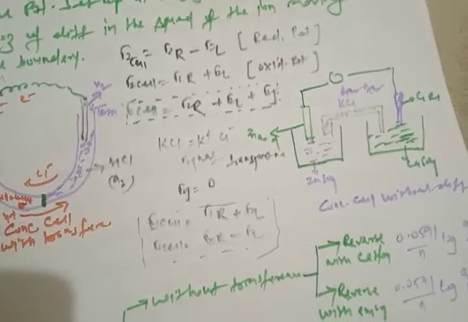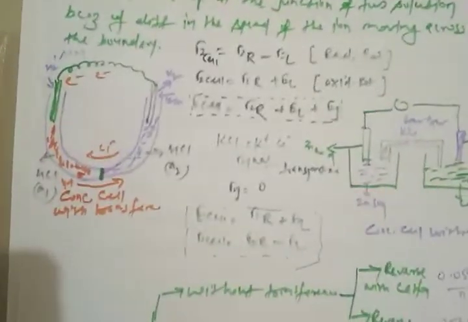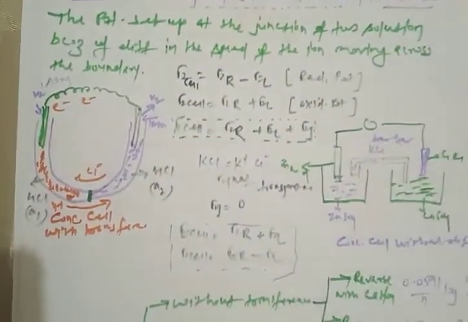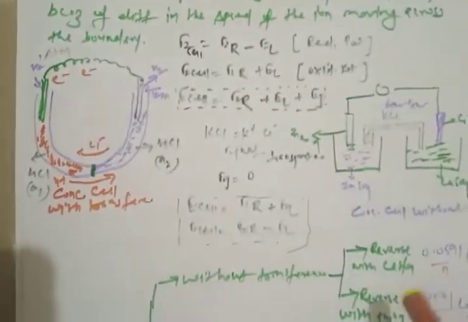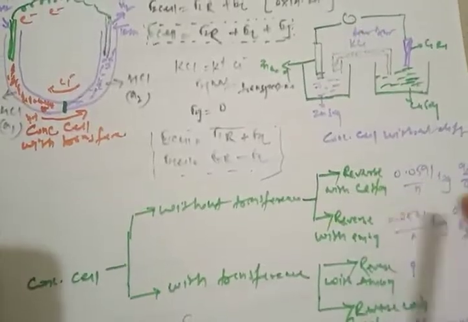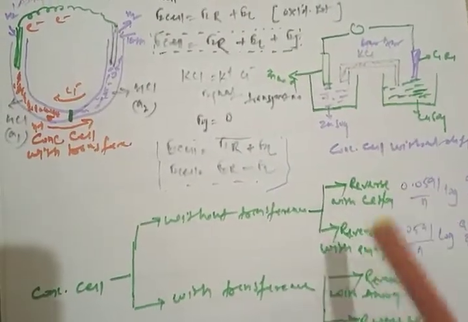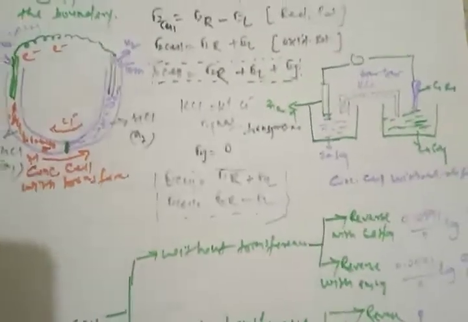You have to take care of this topic while dealing with the university examination. You may find a big, long question on this liquid junction potential, and while dealing with the examination, no need to go for the detail of this value. You have to remember either the value of cation without and with transference, or anion without and with transference.